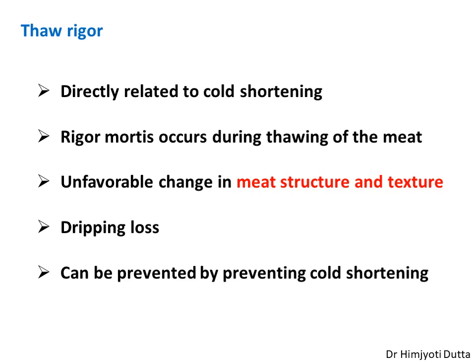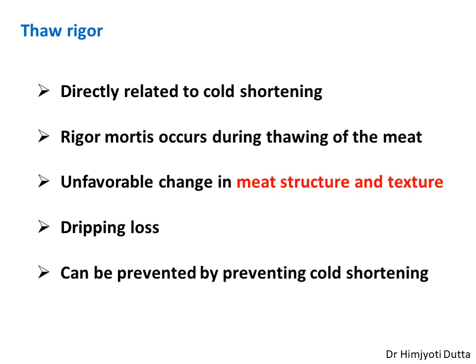The next is thaw rigor. It occurs under similar conditions as cold shortening. Actually, thaw rigor is a result of cold shortening. It occurs by cooling of the meat carcass before the start of rigor mortis, as in case of cold